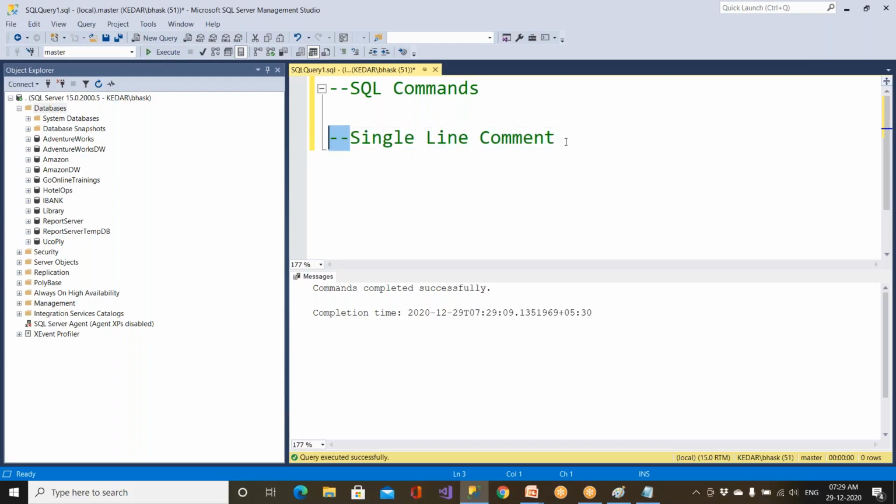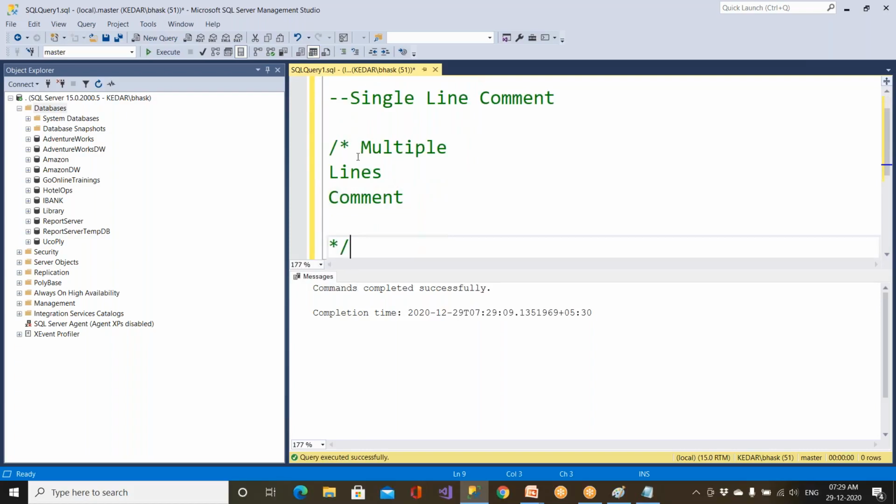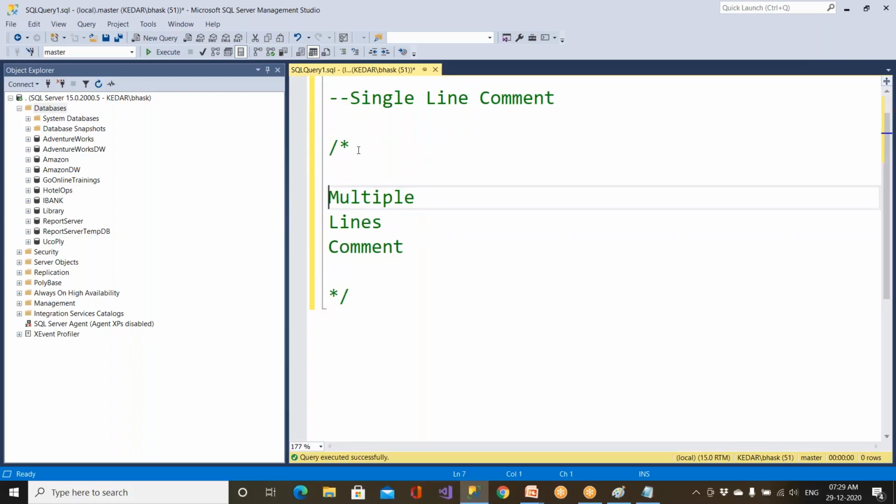So double hyphen. If I wanted to have a multiple lines comment, instead of writing two hyphens here, two hyphens here, two hyphens here, you can use it like this and put it like this. So whatever lines you write in between will get commented.